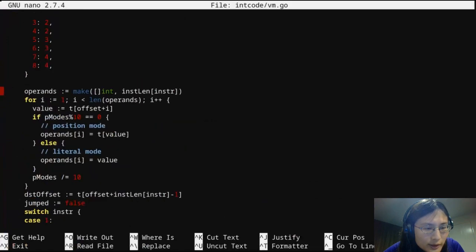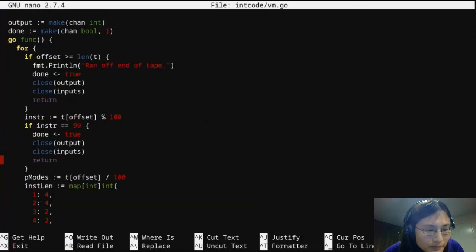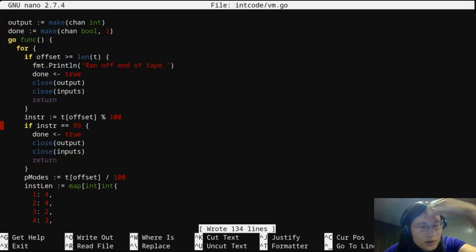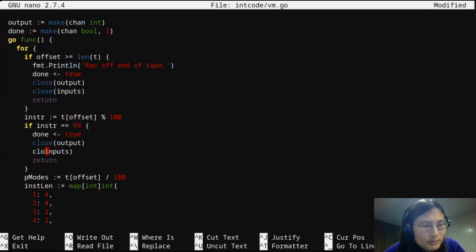So this is the normal exit case. That is... How is it that inputs is... Oh, because in the execution order, done is called... You know what?